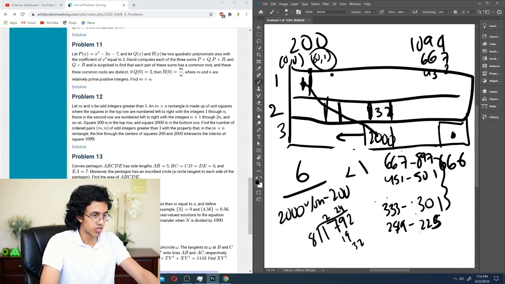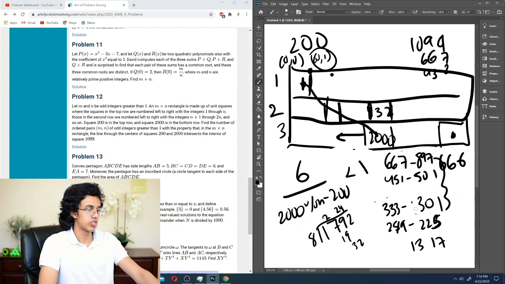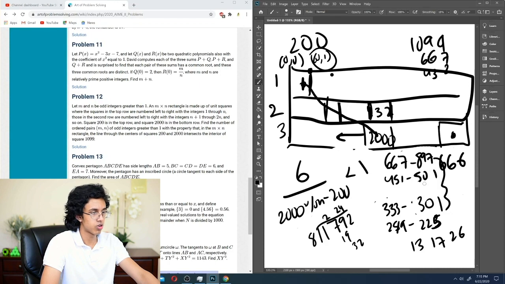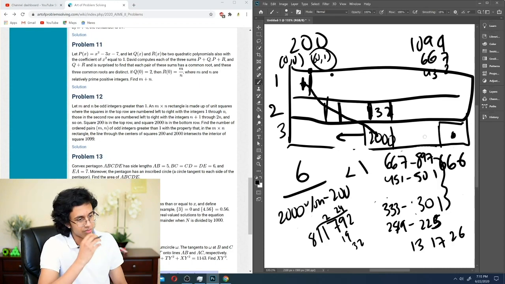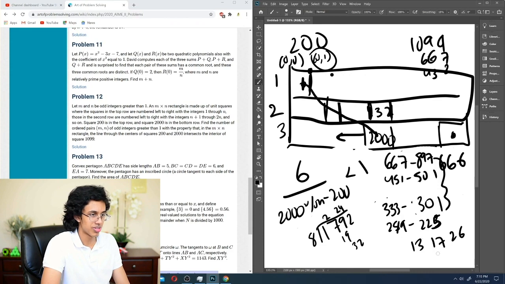So why don't we add this up? So 225 to 49 is a 24 difference, and then that means that you have 13 odd numbers. Then you got 32 difference, that is 17 odd numbers. Then 50 difference, so that's 26 odd numbers. And then you got a difference of 230? What the heck? That's a lot. Okay, 230. Oh, wait, okay, that's right. So 131 then? Okay. That seems wrong. Oh, well, okay, so we got 30 plus 26 is 56 plus